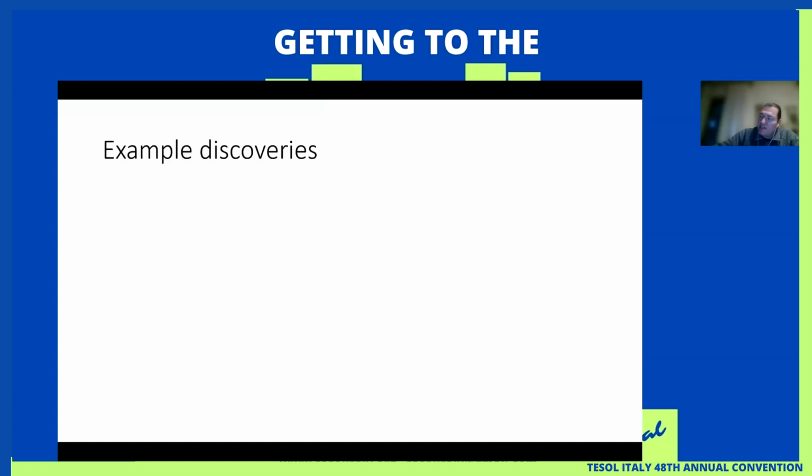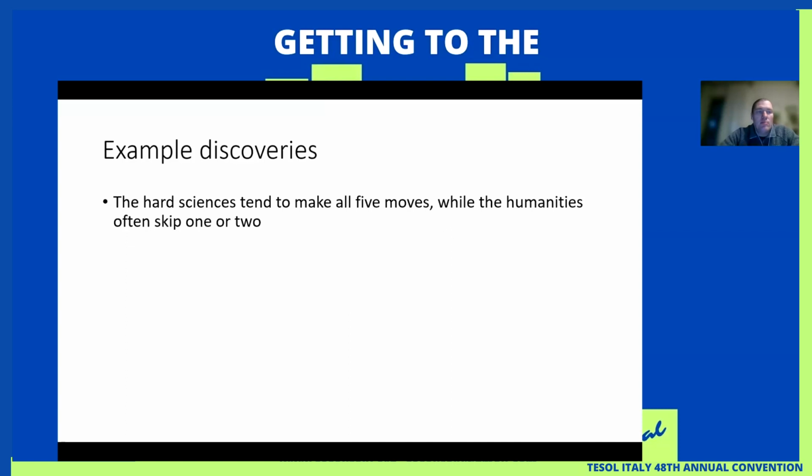So some of the example discoveries that sort of come out of this genre analysis during our lessons, just some examples, just looking at abstracts in particular, some of the things that the students and I collectively notice, and it's important to stress that I discover a lot during this process too, because again, I'm not an expert in their field. And so it's always interesting for me to see how, for instance, an economics research article abstract is constructed.